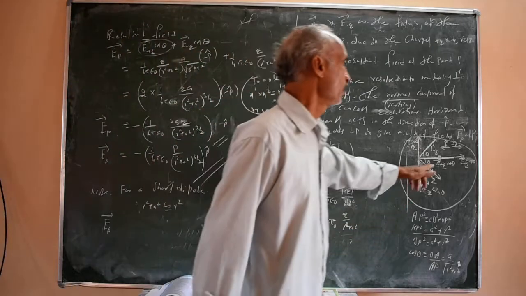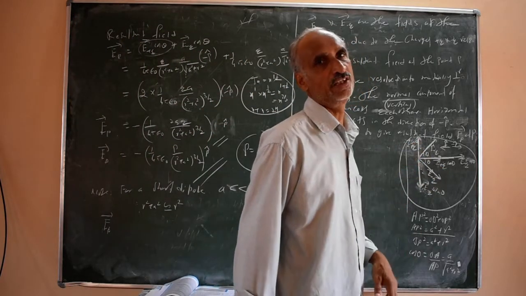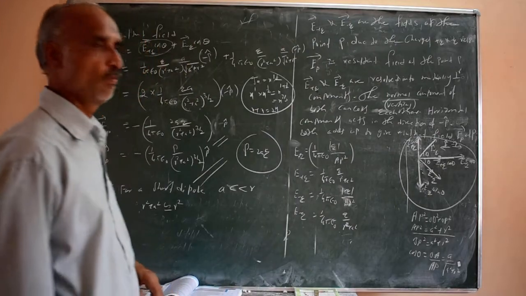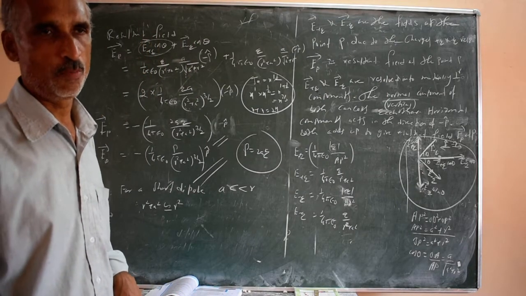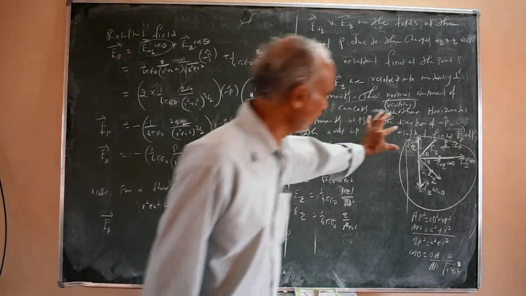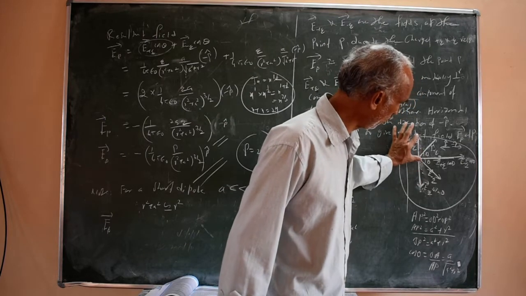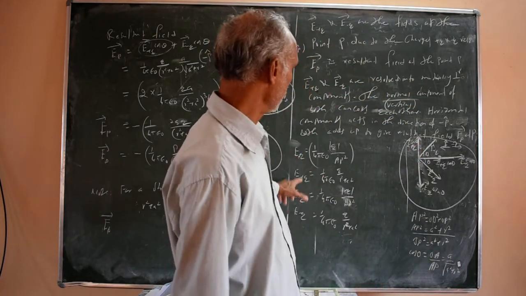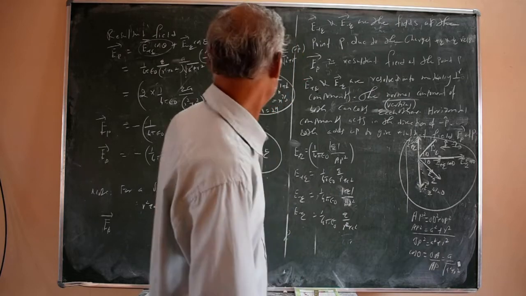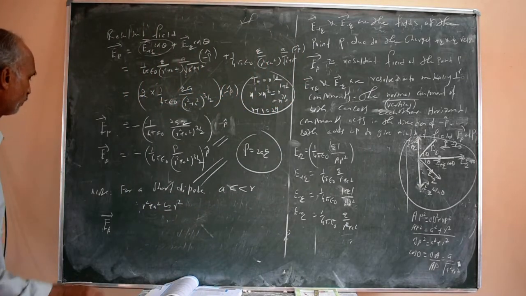The horizontal component is cos theta, the vertical component is sin theta. Is it not? E plus Q bar sin theta is the vertical normal component. They are acting in opposite directions and are equal in magnitude. Why? E plus Q is equal to E minus Q. Therefore, EP bar is equal to